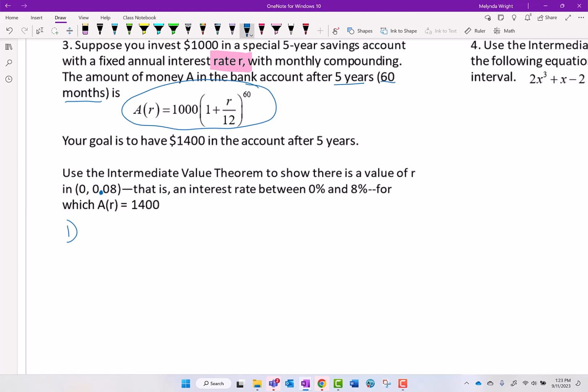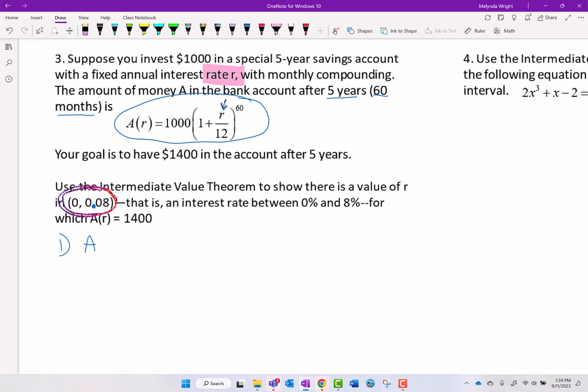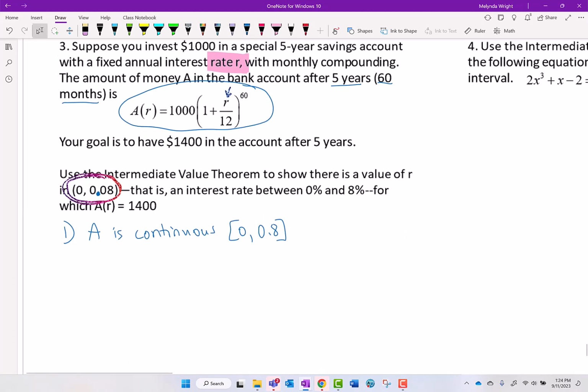Okay, so here we go. Step number 1, our function is A. So I'm looking for continuity from 0 to 0.08. So by inspection, I'm looking at this. If I put any number between 0 and 0.08 here, would I be okay? Am I going to get a number? Yeah, I'm okay. So A is continuous from 0 to 0.08. Step 1, continuity. Step 2,